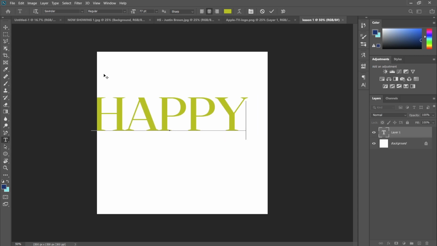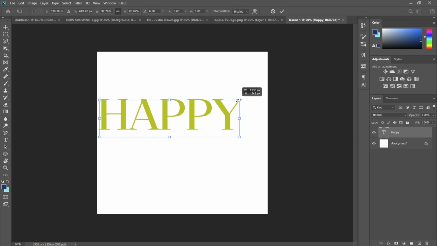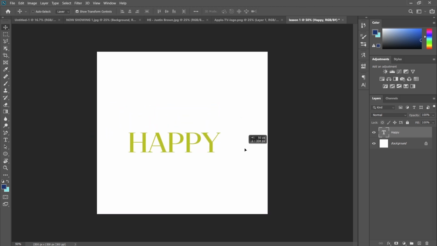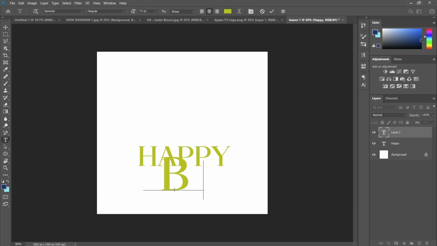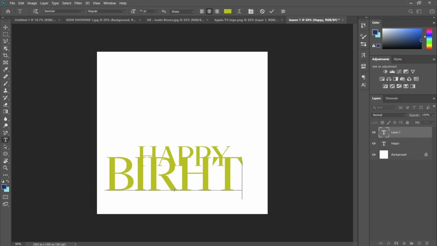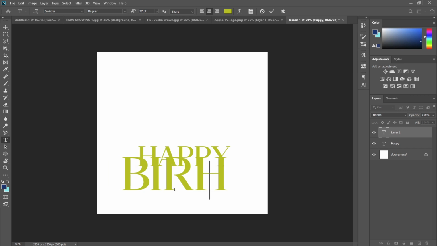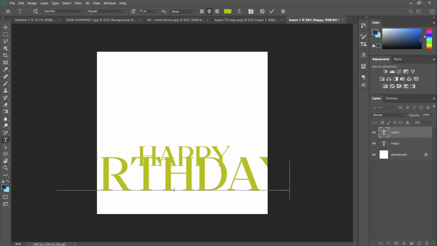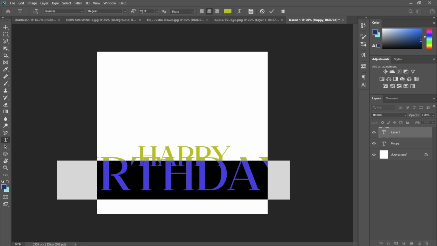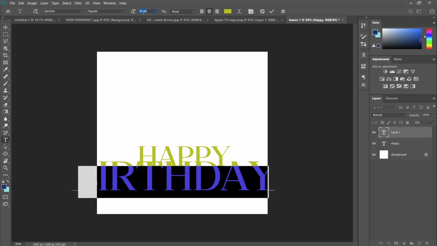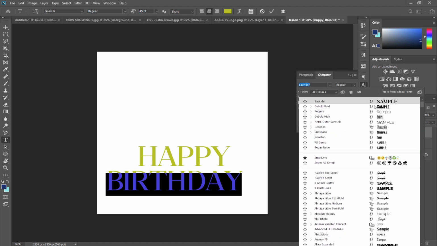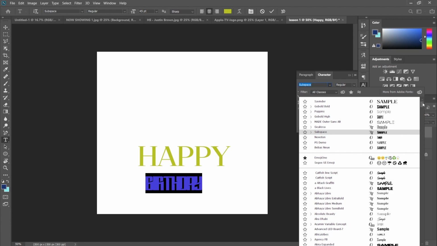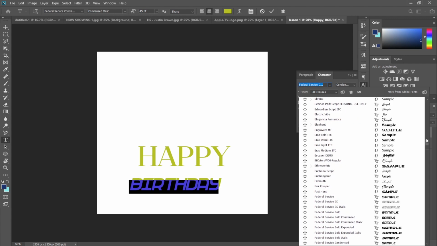Just write happy right there, reduce a bit, then you type birthday, and you reduce the birthday like that. Then I want to change the font of this birthday to a script font